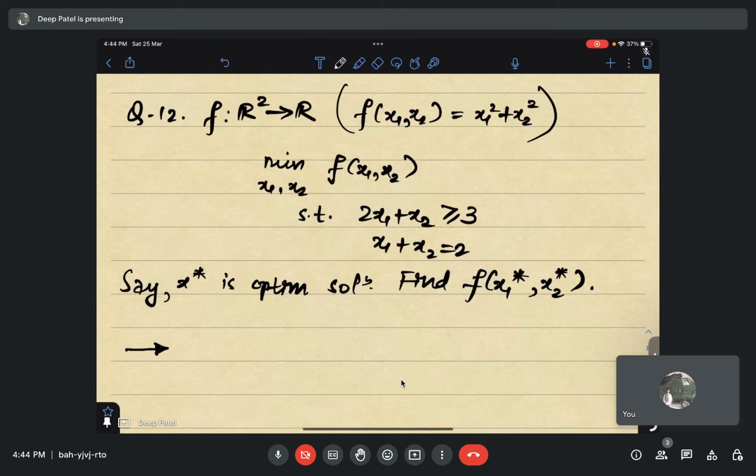Here we have to write the Lagrangian. This is slightly long compared to the others. Actually, it's good that there is a question like this, then we have good practice. So what do we do? We write the Lagrangian, right? So the Lagrangian is